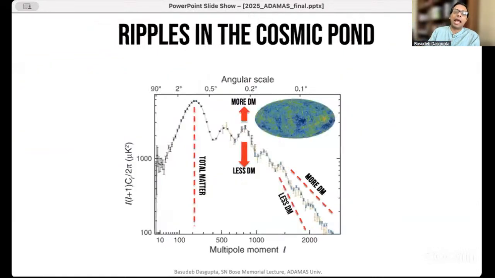These waves can then be analyzed, and I will not go into the details of what you are seeing here, but very crudely, on the x-axis, what is plotted is the inverse of the angular scale, and on the y-axis is how many waves you see which have a wavelength that corresponds to that angular separation. How much power is there at that angular scale? And we plot this power as a function of angular separation, and we find this curve.